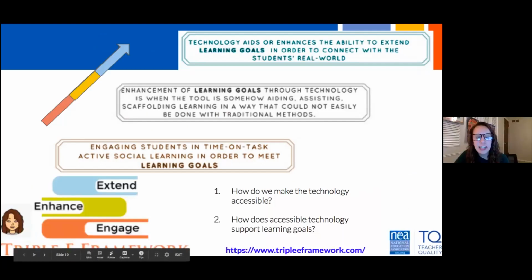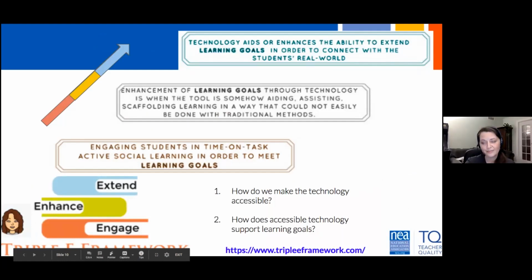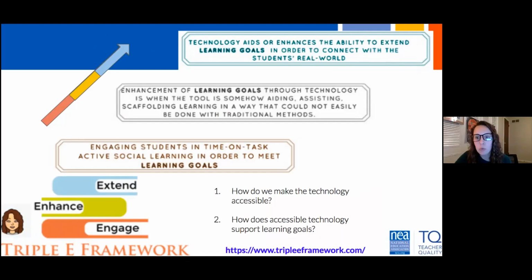All right. And then I like to talk about the Triple E framework, which was designed by a researcher and professor at the University of Michigan. Her name's Liz Kolb, and she designed this tool in a really meaningful way to look at technology to see if it extends, enhances, or engages student learning. When I had her both for undergrad and my grad classes, we looked at her rubric to see if the tech was meaningful.